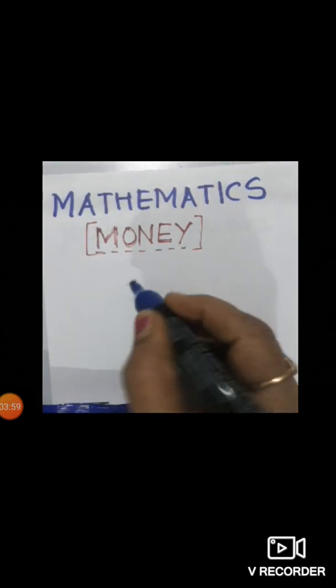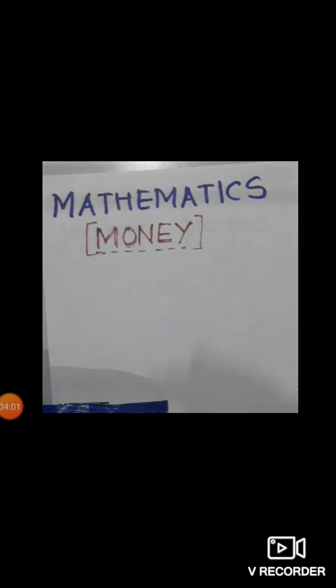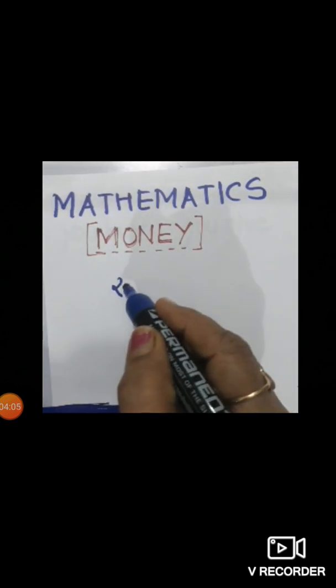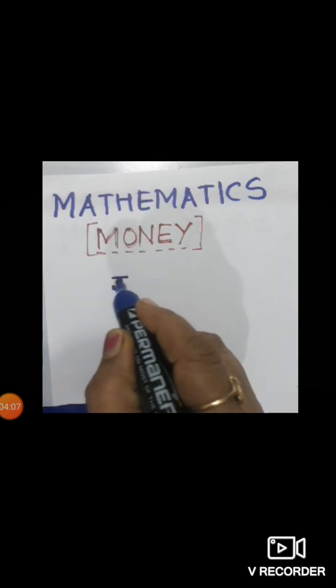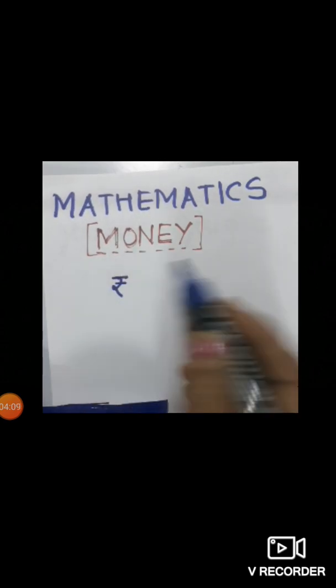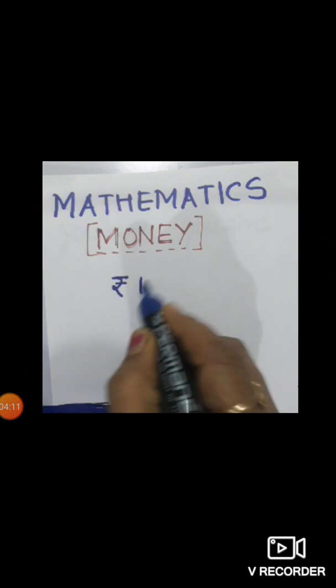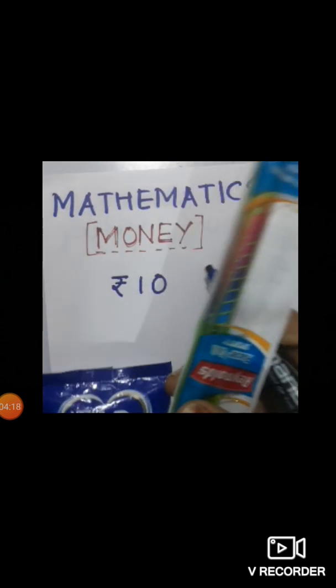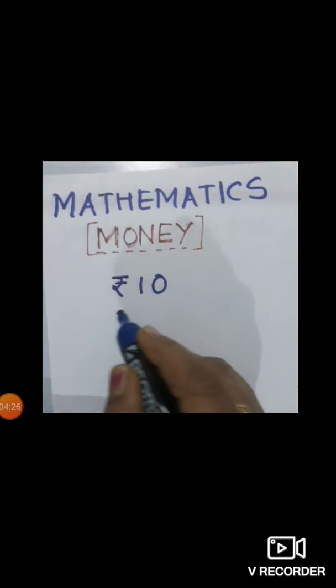So how are we going to write the rupees, beta? Nowadays we write the rupees this way. That Hindi ra we write, then one sleeping line this way. Okay, rupees 10. Then you said that I want an ink pen. You went to the other shop, general store, and he gave you this Ronald ink pen. This is for 10 rupees. This is again rupees 10.